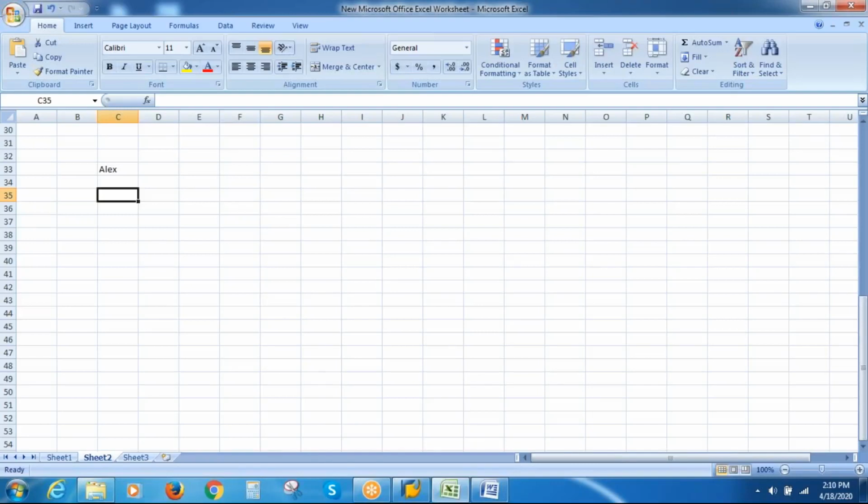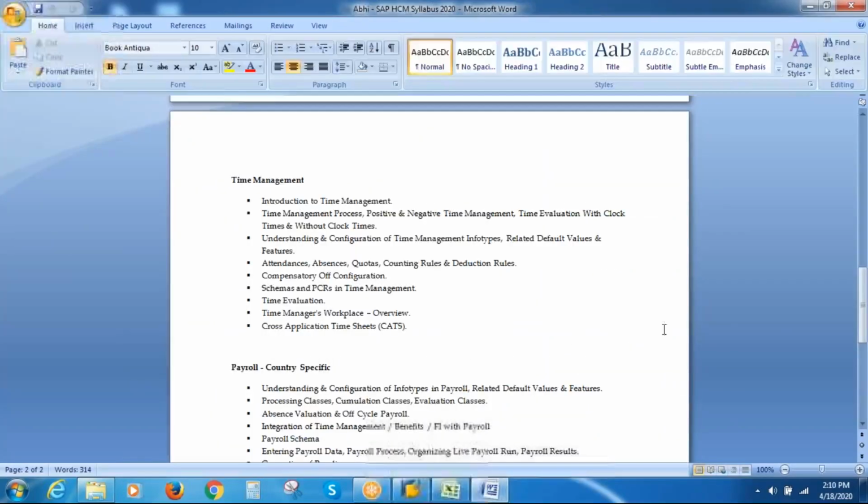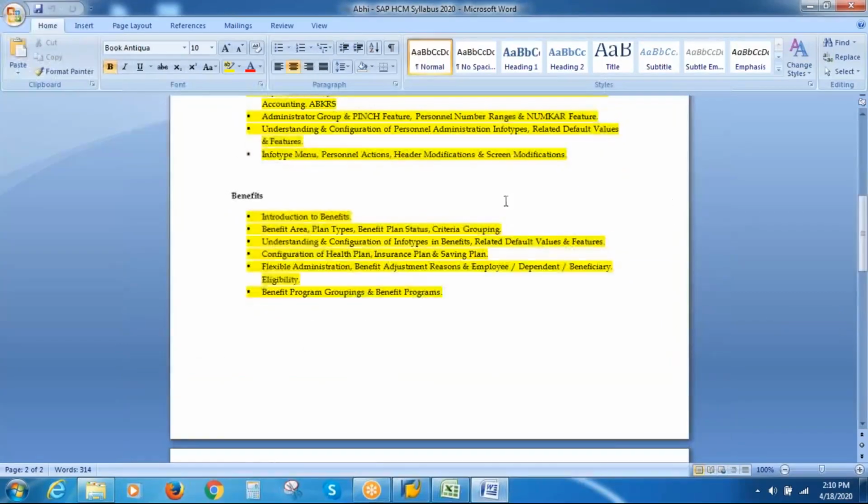Even if you want to look at your syllabus, you got marked on that day also. Benefits are completed: introduction to benefits, benefit area, plan types, benefit plan status, criteria grouping, understanding and configuration of infotypes in benefits, related default values and features, which is of course the health plans, insurance plans, and saving plans, and then the 171 infotype as well, general benefits information.